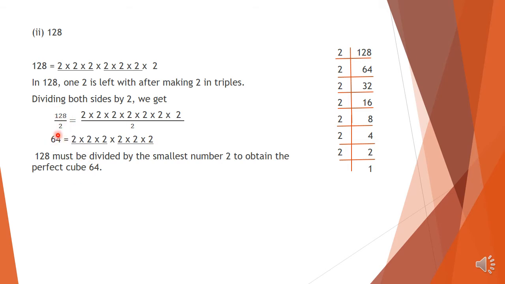Okay children, if it comes in the question you can do it this way. What is the perfect cube here? For finding it, we do the prime factorization of the number, and on the side we know the first 3 2s form one group, the next 3 2s form another group, then what is not in a group is our answer. Okay children, so here 2 is the smallest number we have to divide 128 by.